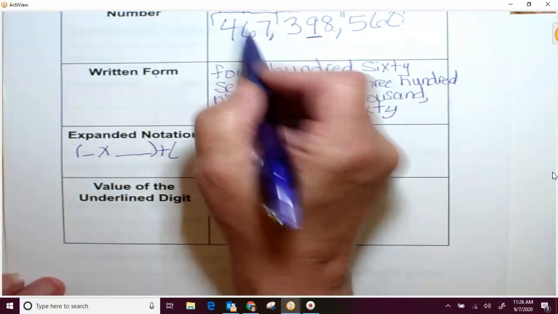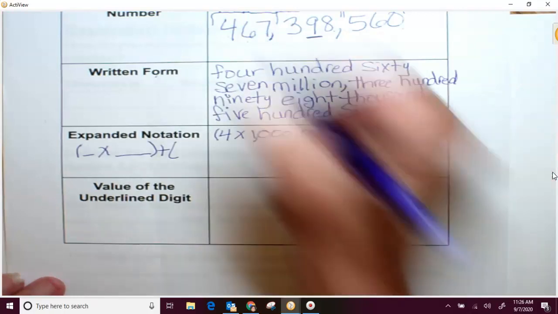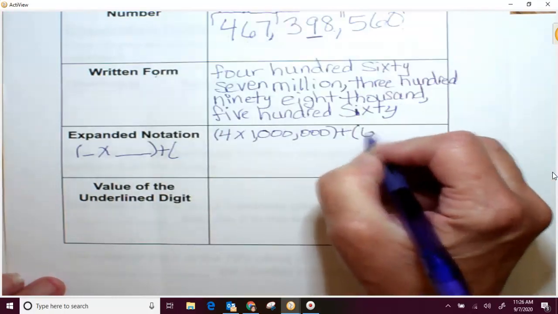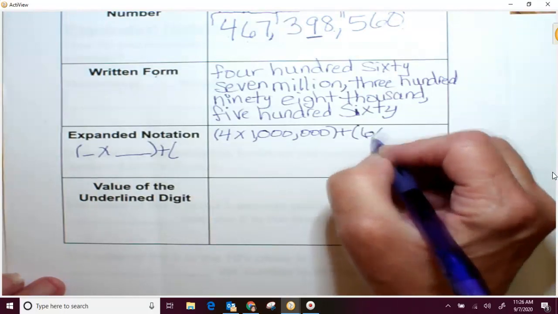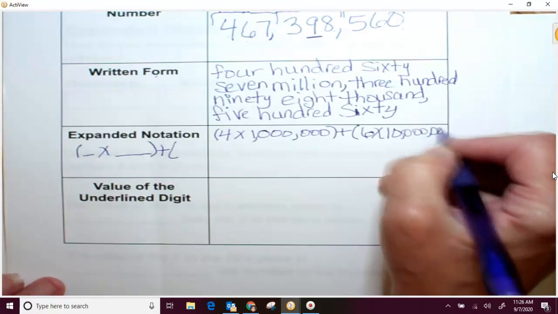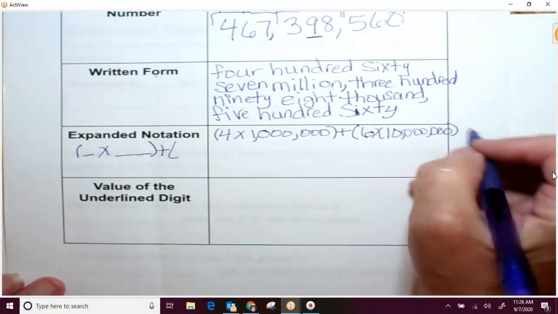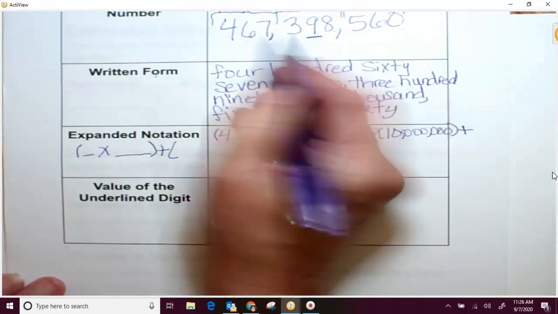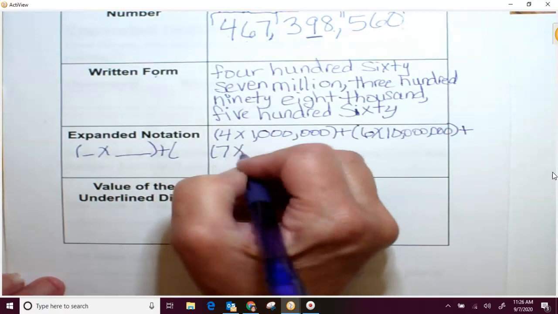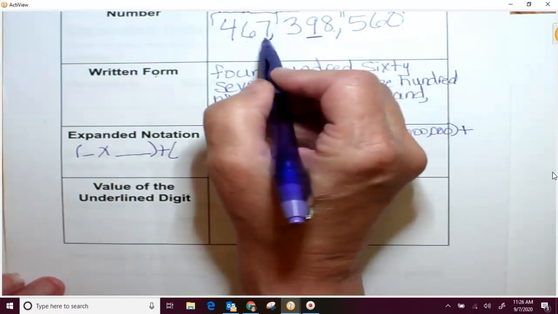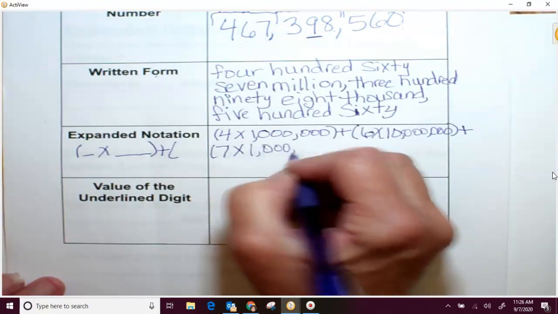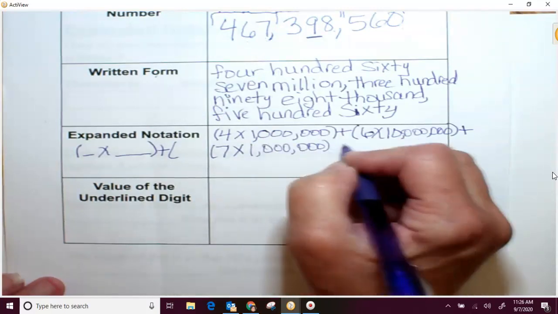Now we're going to go to the next digit, the 6. 6 is in the 10 millions column. So I'm going to say the digit 6 times 10 million. Going off a little bit to the side, but that's okay. My next digit is 7. 7 is in the millions column. So 7 times 1 million, plus,